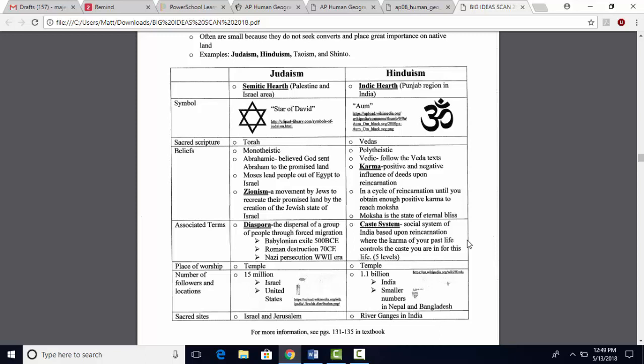All the other ones, most Hindus are pretty evenly spread out in the United States, or they are in the countries right around India, like Nepal and Bangladesh. Alrighty, so again,